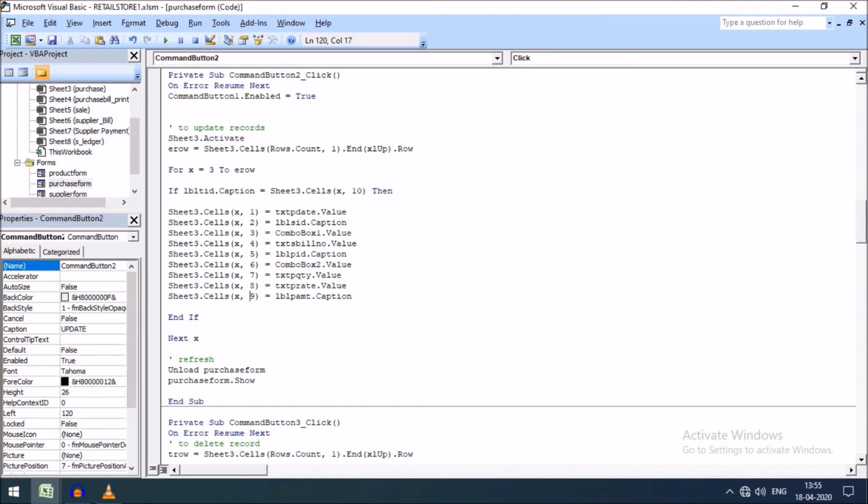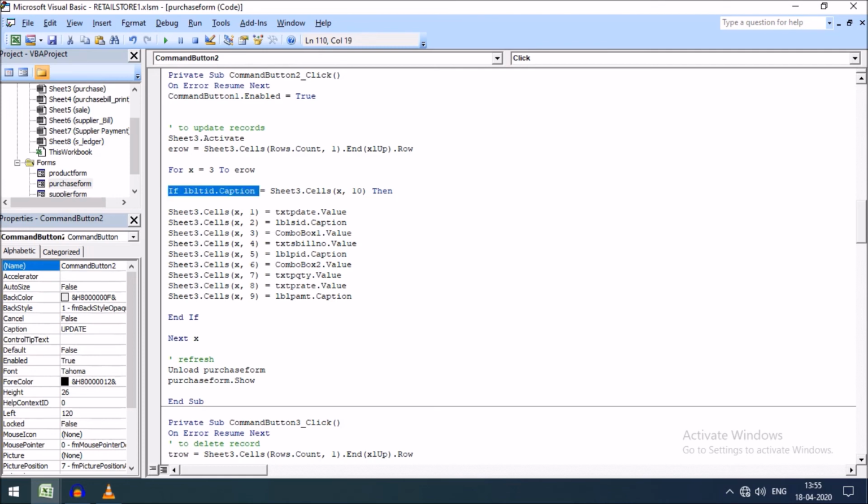We are just updating the fields under the transaction ID. So here I have taken the data from the controls of the purchase form, these are the controls, friends, to sheet 3 under the columns 1, 2, 3, 4, 5 one by one.